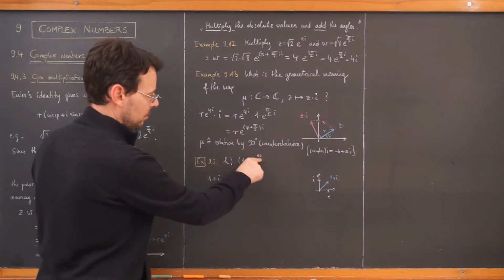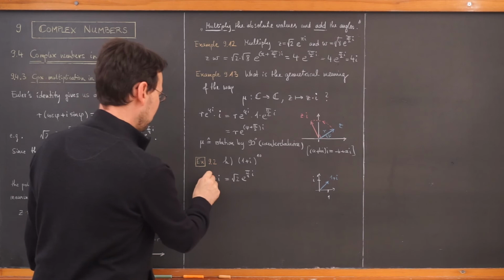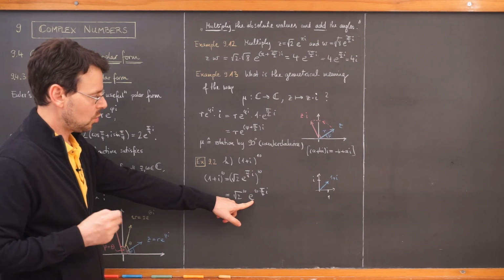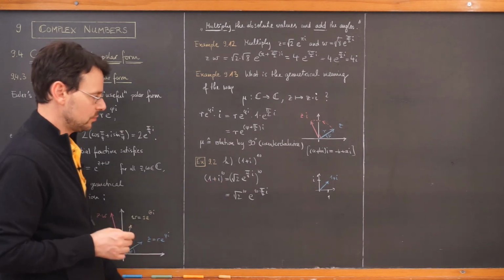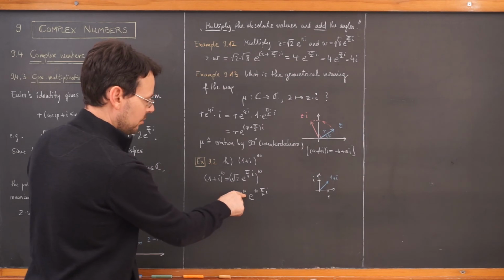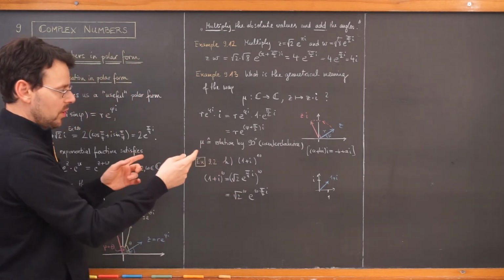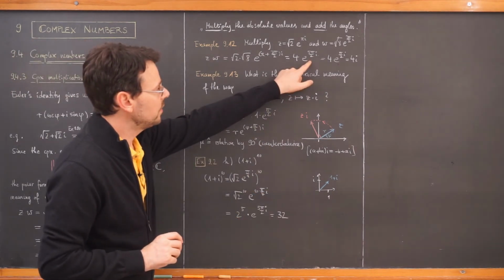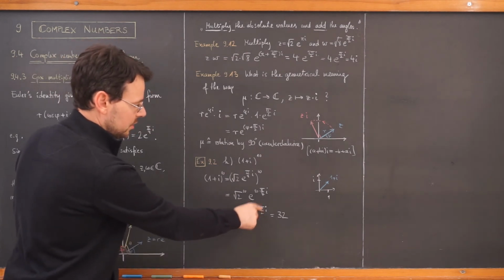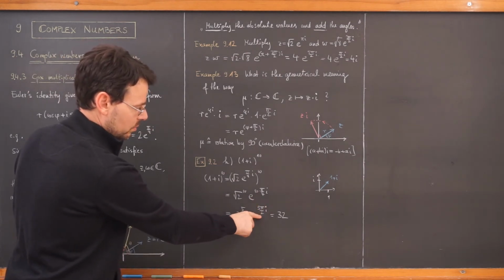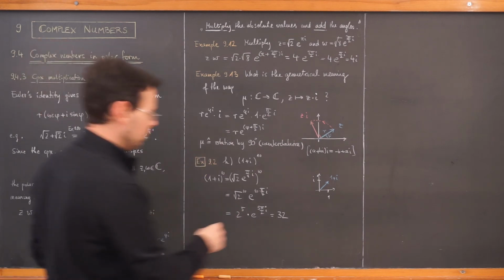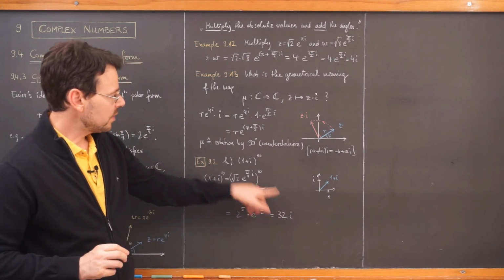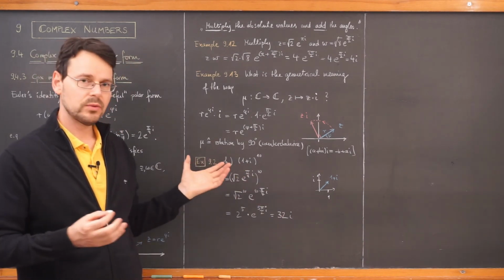And now the 10th power of this expression is easily obtained, silently assuming that the same power rules for the exponential function hold as in the real numbers, but this is also true. So you take this to the 10th power, this is 2 to the power of 1/2 to the 10th, which is 2 to the 5. And this we already know, this is simply i itself, because this is e to the pi over 2 i, by subtracting 2 pi here, which doesn't change, of course, the arrow. So you end up with 32i,